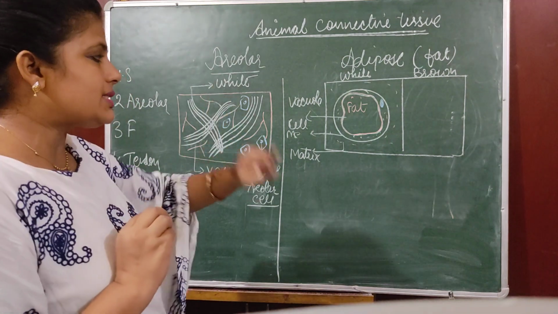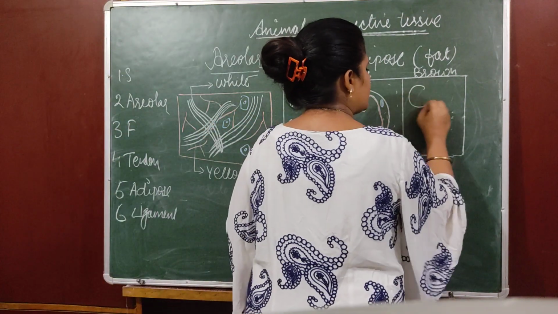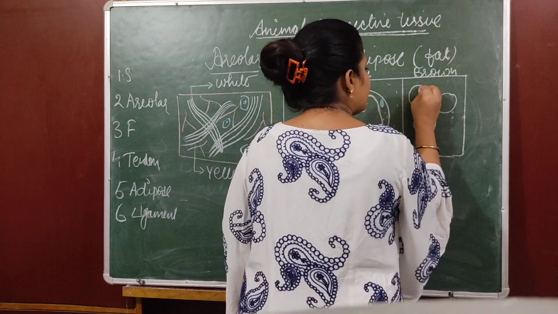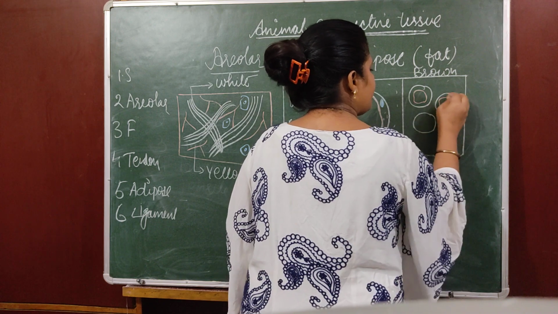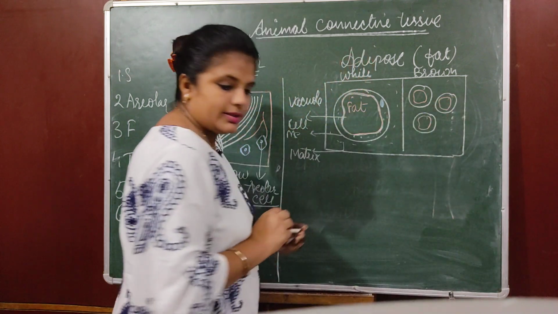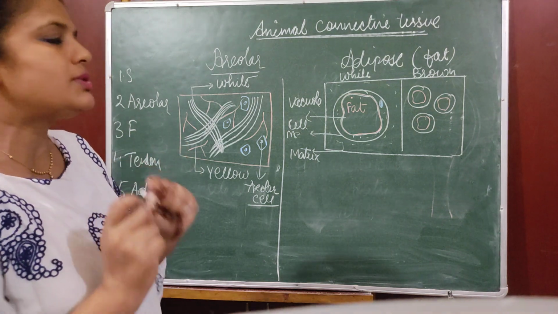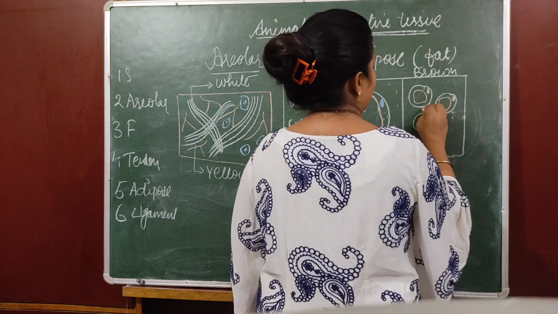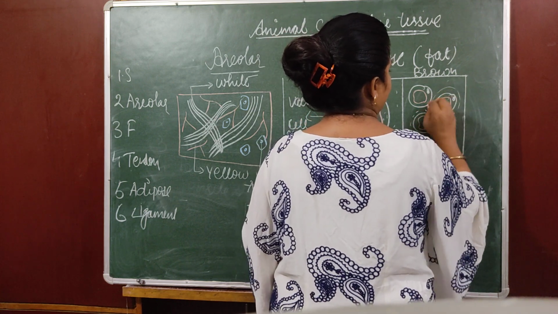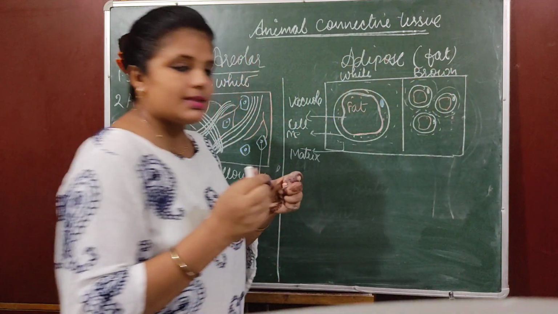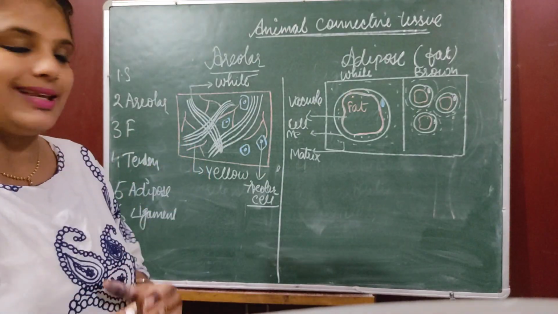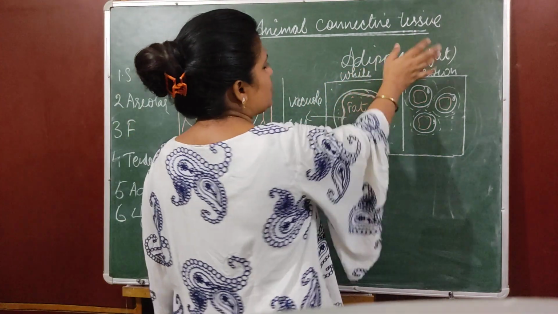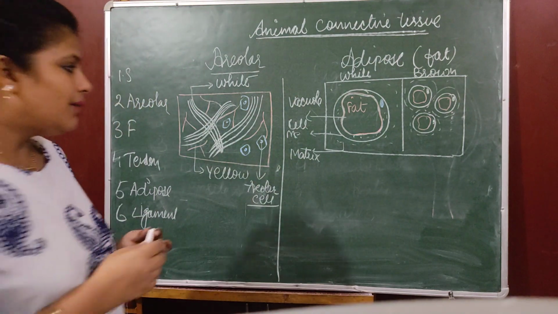Now if we see in case of brown tissue, in brown tissue there are few cells and they are arranged like this. Smaller fat globules are there which store fat. This is their nucleus, and around them matrix is present. Matrix is a liquid substance which is around the cell, or in which the cell is embedded. Now, what is adipose tissue? Adipose tissue is to store fat. What is the function of fat?